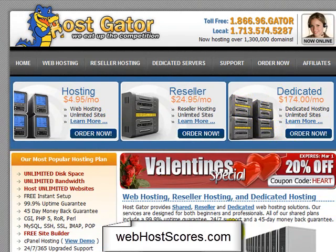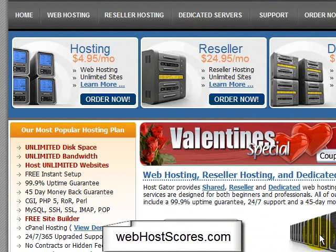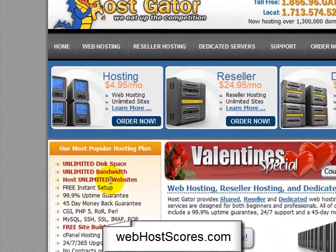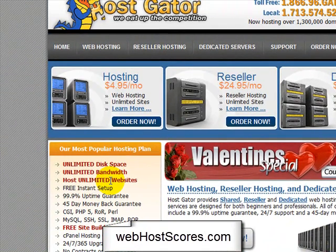So let's see here. You get a lot of features for what you're paying, and more often than not these days that's usually the case. There's a few places like GoDaddy where they're still putting caps on how much disk space you can have, or bandwidth, or how many sites you can have, how many email accounts, which is ridiculous. I don't know how they're surviving or making money. But anyway, even on their cheapest plan, $4.95, you've got unlimited disk space, unlimited bandwidth, host unlimited websites, free instant